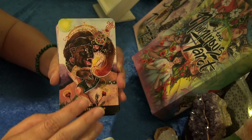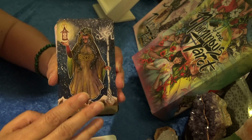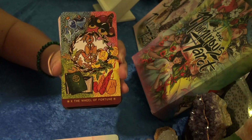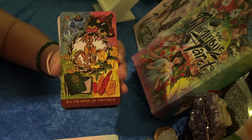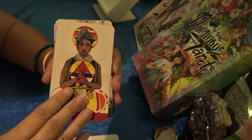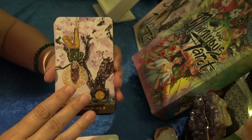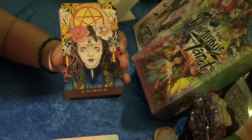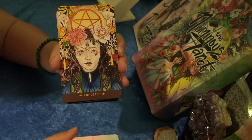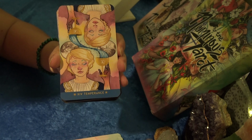Strength, the Hermit, the Wheel of Fortune, Justice, the Hanged One, Death, Temperance,